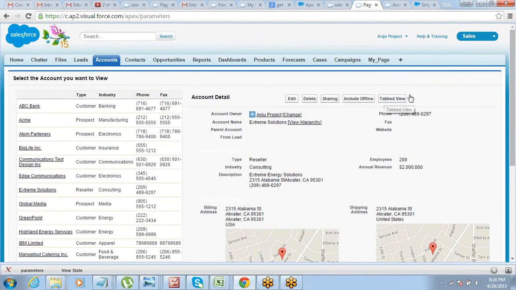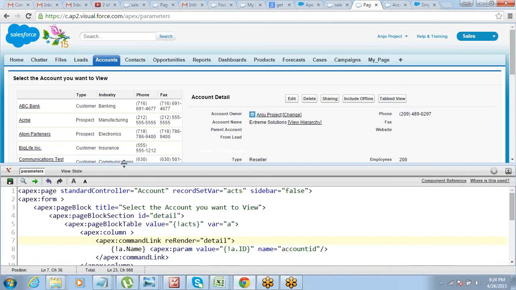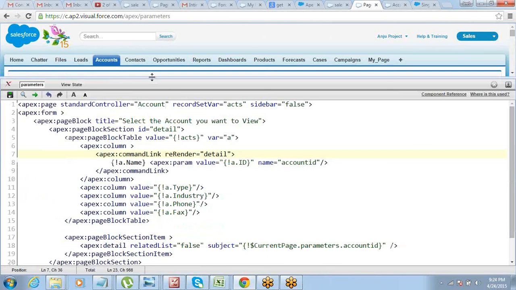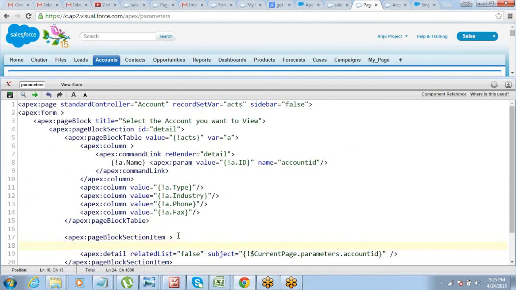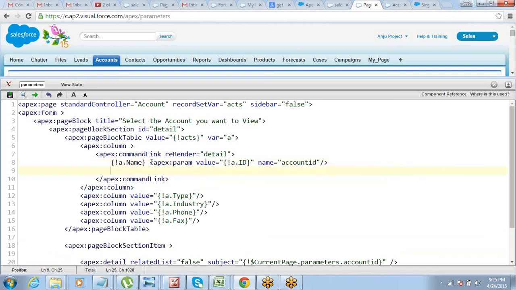So now if you also want to display the name of the selected record at the top, let's say. Somewhere, you just want to display the name of the selected record. What you can do is, you can call that using this. So you can define one more parameter for that. So there's one parameter.